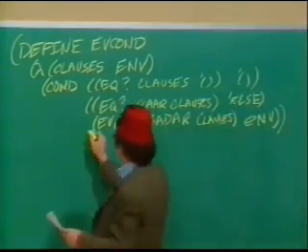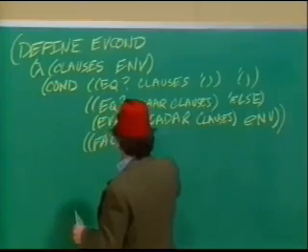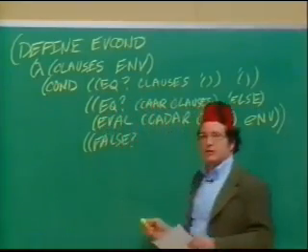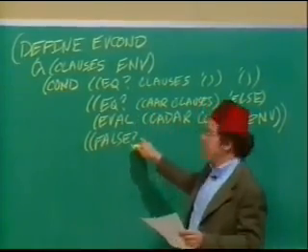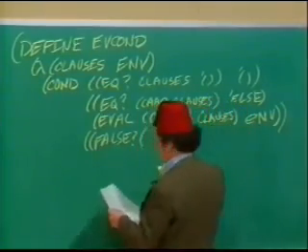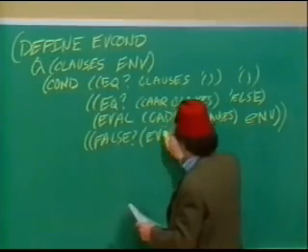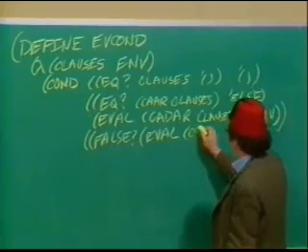Now, the next possibility is more interesting. If the first predicate in the predicate list is not the word else, and it's not a false thing, let's write down what it is if it's a false thing. If the result of evaluating the first clause, first predicate,